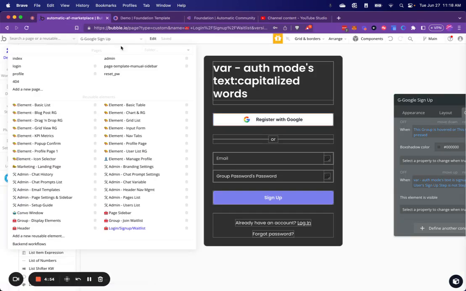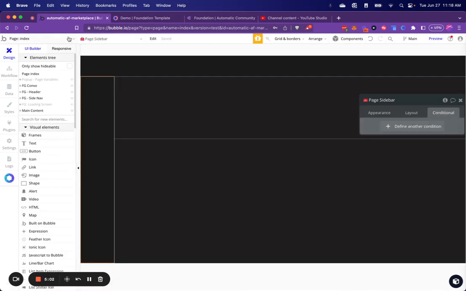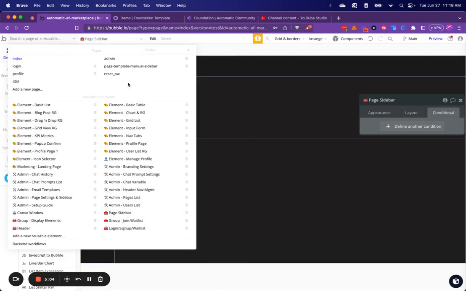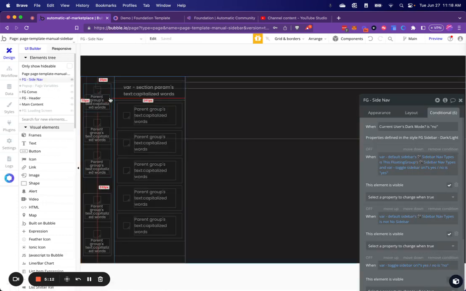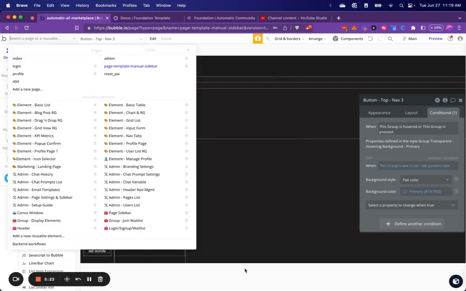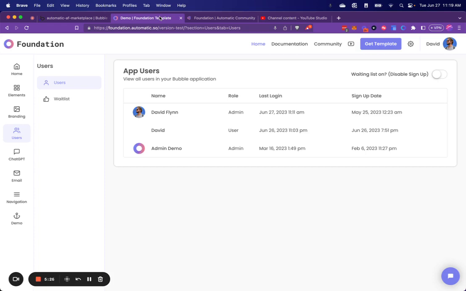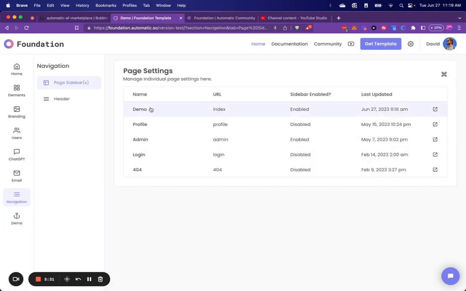To solve that, I have a different page in the template. Let me pull it down so it'll make more sense. You'll see on the index page, which is what we're on here, we have this sidebar reusable element, which can be managed here. However, I have this page template manual sidebar page, and it has the original sidebar still here. So if you want to do something more custom with your sidebar and add repeating groups for a specific page, you can duplicate the template from this instead of the index. Just something that may be helpful to those power users out there, but definitely let me know how things go. Let me delete this real quick and